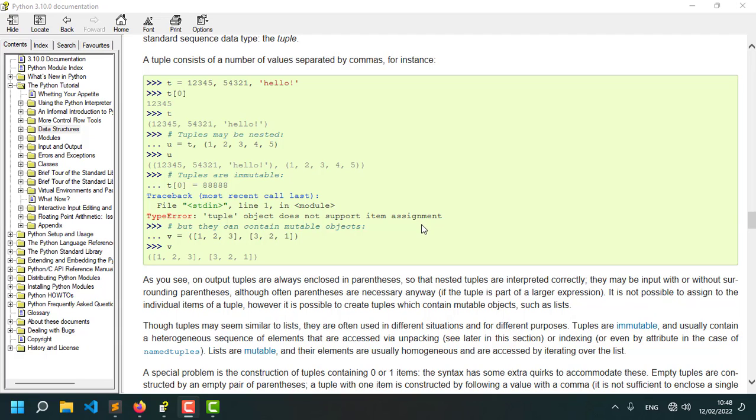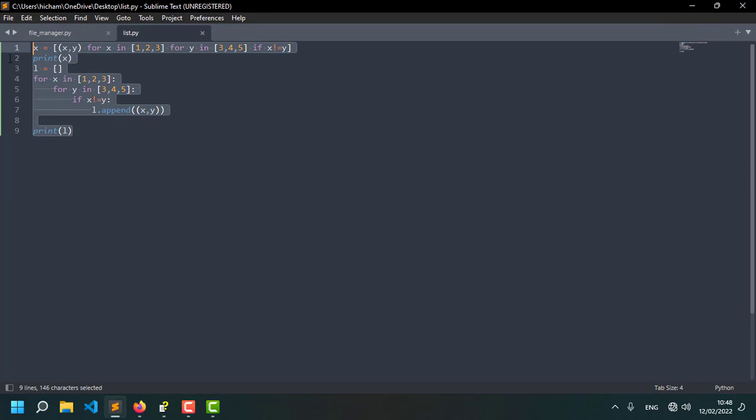But today's episode is a little bit different, because today I'm going to talk about a new data type, which is tuple. So tuple actually is a standard sequence data type. What does that mean? Let's first take examples about what actually a tuple is and how to write a tuple. So the first thing that we're gonna do is a quick note here, which is in